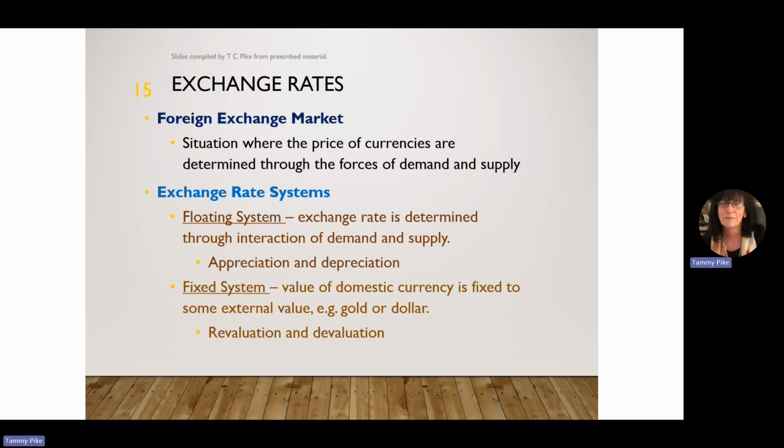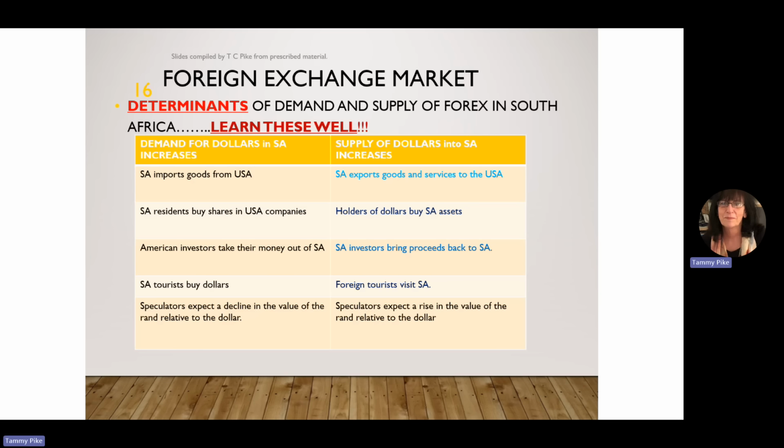Let's go look a little bit more at that floating system and see whether you're able to answer questions on it. There we go. Learn the rules, folks. When you are looking at the determinants of demand and supply, make sure you know all those determinants that will impact on demand. So all of those that will cause an increase in demand for dollars in South Africa,